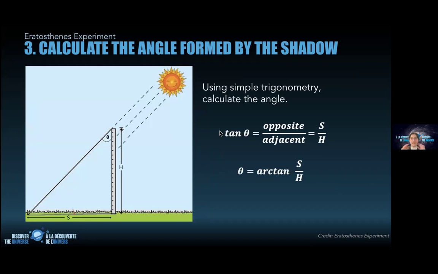Basically, if you remember from any of your math classes in high school, you'll have the tan of the angle, the tangent of the angle, equals the opposite side, so S side, divided by the adjacent side, which is the H side. So if you want to determine the angle, the angle equals the arctangent of the opposite side over the adjacent side. So in this case, your opposite side would be the shadow, and your adjacent side would be the height of your stick. So if you're using a meter stick, the height of your stick is 100 centimeters or 1 meter, and then you measure the length of that shadow.